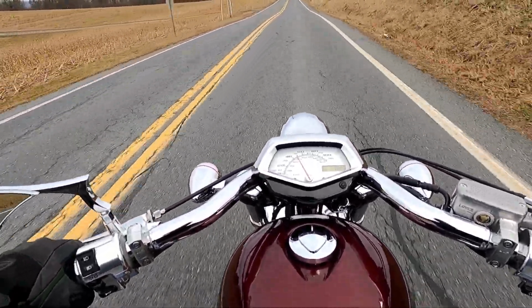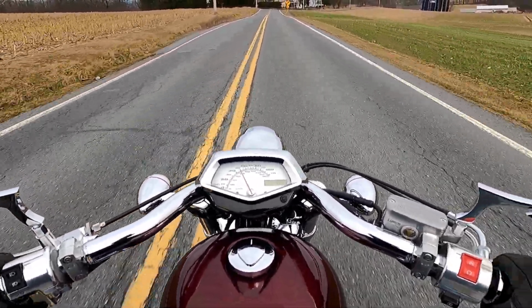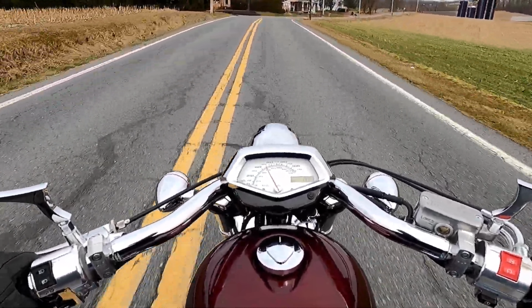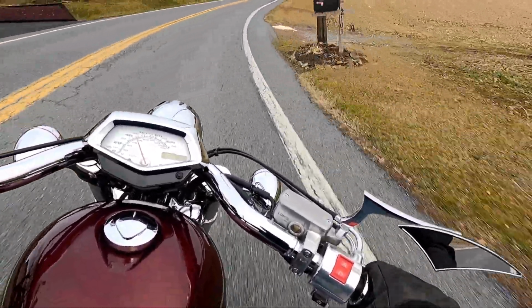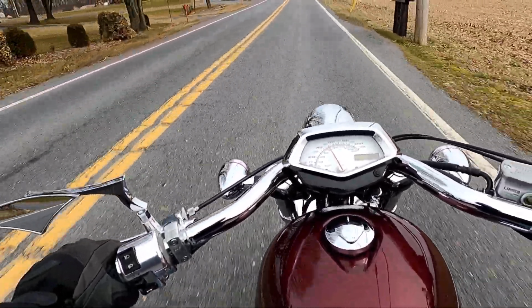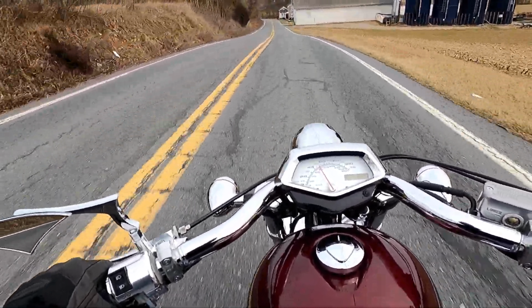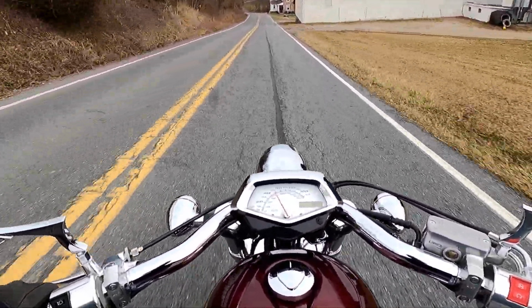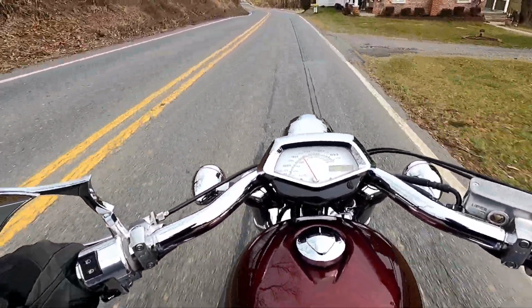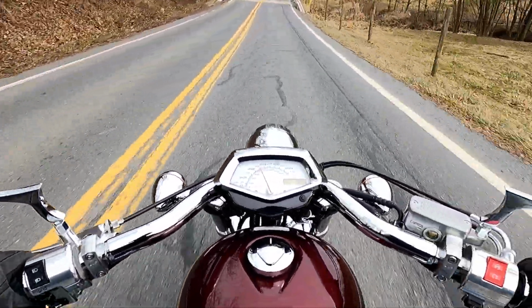Like I said, I don't feel like I have to adjust my riding style to suit this motorcycle. It handles anything I'm going to do on just your basic cruise. Now, I'm not going aggressively through these corners, but if you go on a decent ride with somebody and they get a little aggressive, I don't think you're going to have too much of an issue keeping up with somebody. Now, I don't think you're going to be able to keep up with a sport bike rider, but if you get somebody on a nice standard motorcycle,